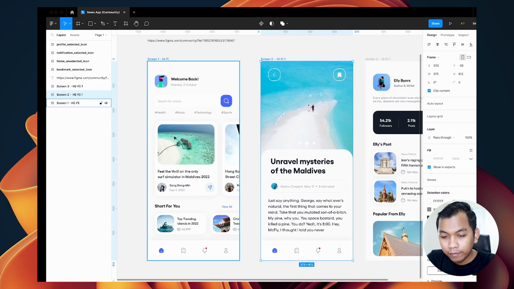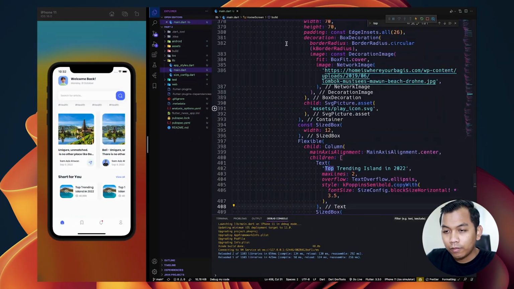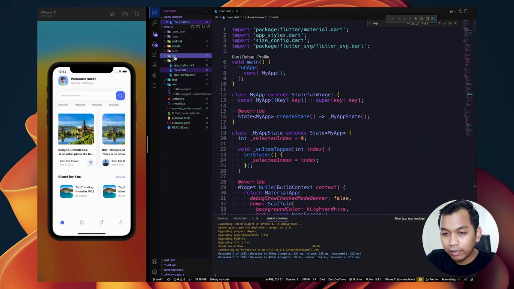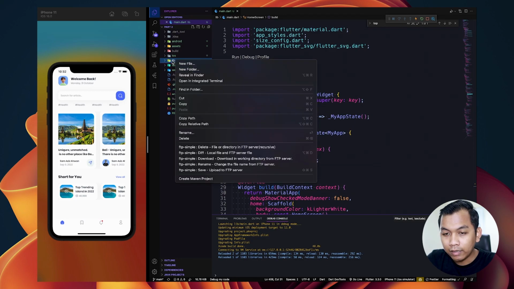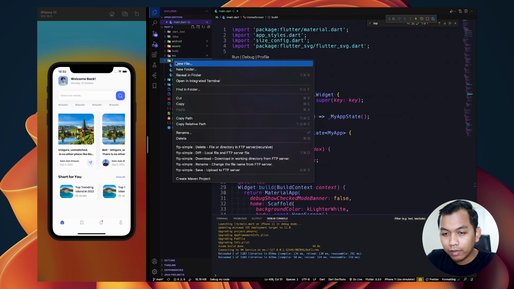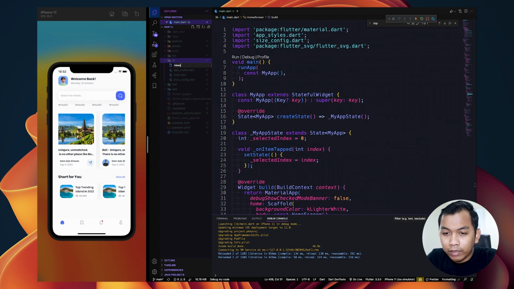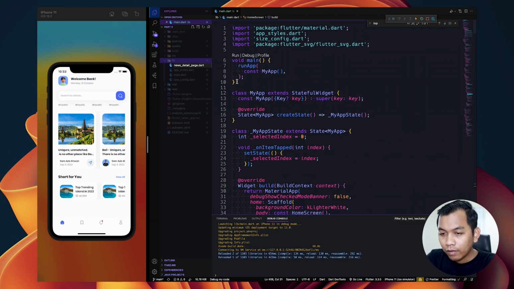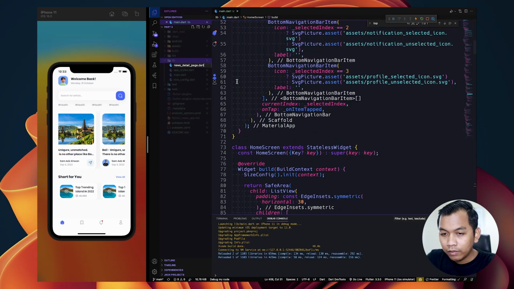So first thing first, let's create a new file here inside this lib, and let's name it news detail. We can name it as page or screen, so I think screen.